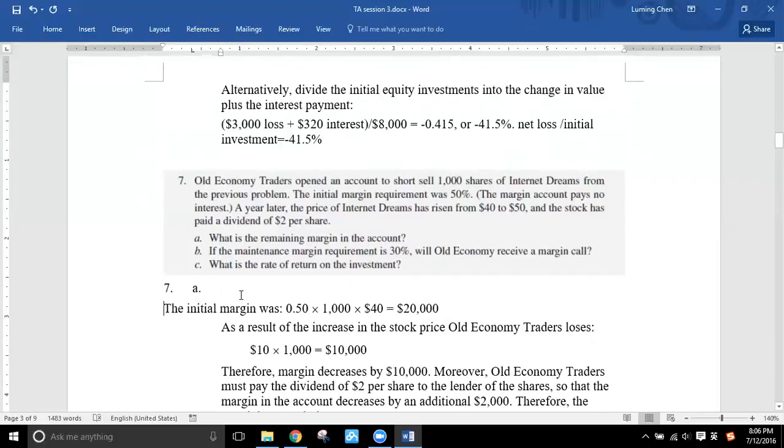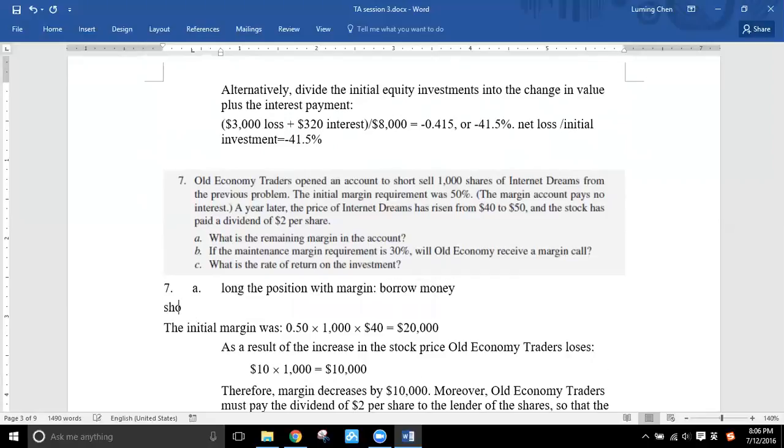If you want to long the position with margin, you have to borrow money. You need to short the position with margin, you need to borrow stocks or borrow shares. So number 7, old economy traders open an account to short sell 1,000 shares of Internet Dreams